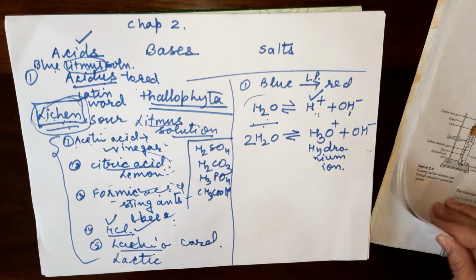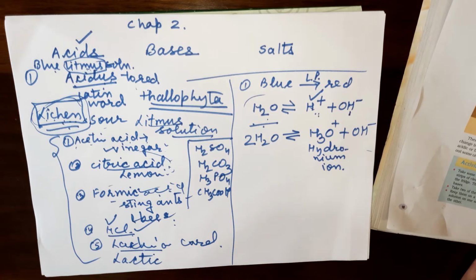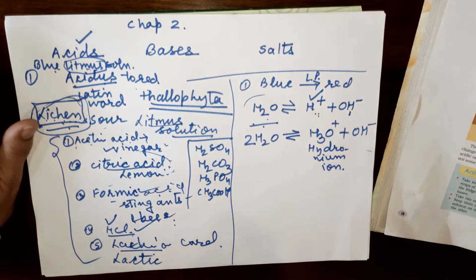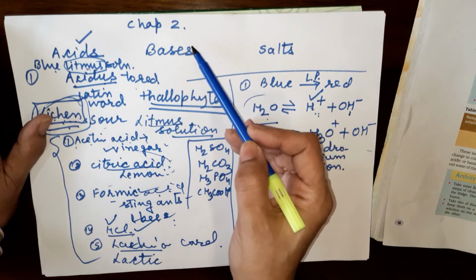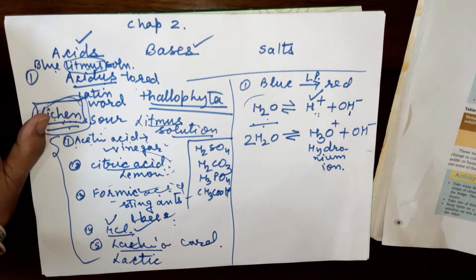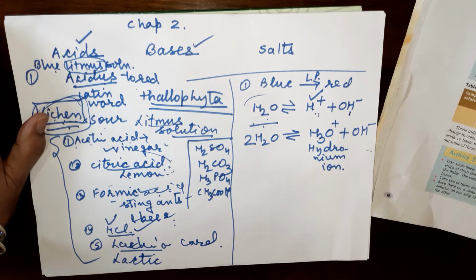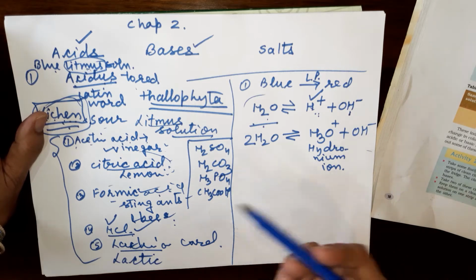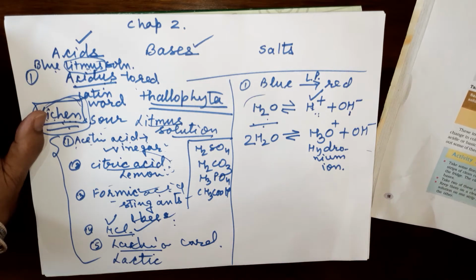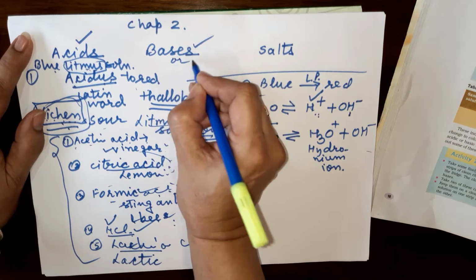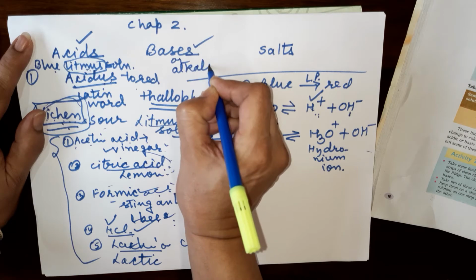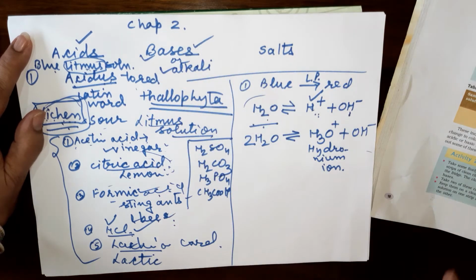Now the chemical properties of acids we will do, but it is better that we do bases also, so that you will have the idea of bases also. Remember, bases are bitter in taste. These are different substances from acids. And bases are also called alkali. I will tell you the difference between the two later on.